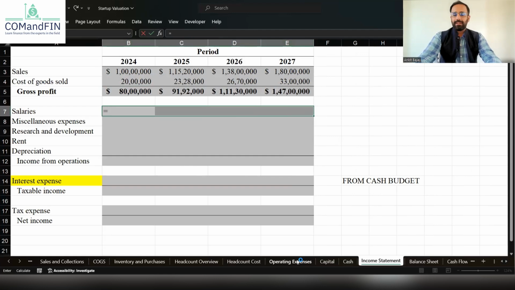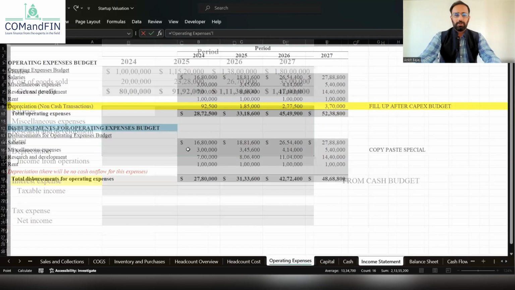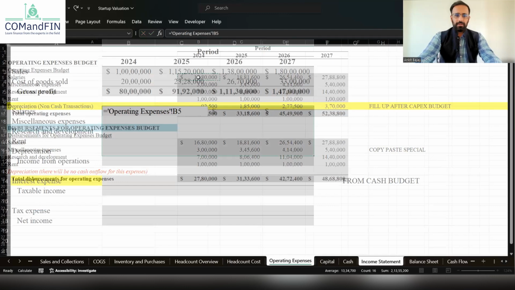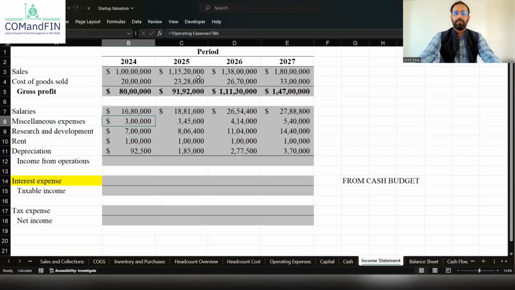So from where we can get the salary transaction? From the operating expense sheet, we can get salary, miscellaneous expense, research, rent and depreciation transactions. So what I will do, I will bring all those values here in this sheet. So here from operating expense, I will bring these values. Here you can see we have brought the value of salary, miscellaneous expenditure, research and development, rent, depreciation, and